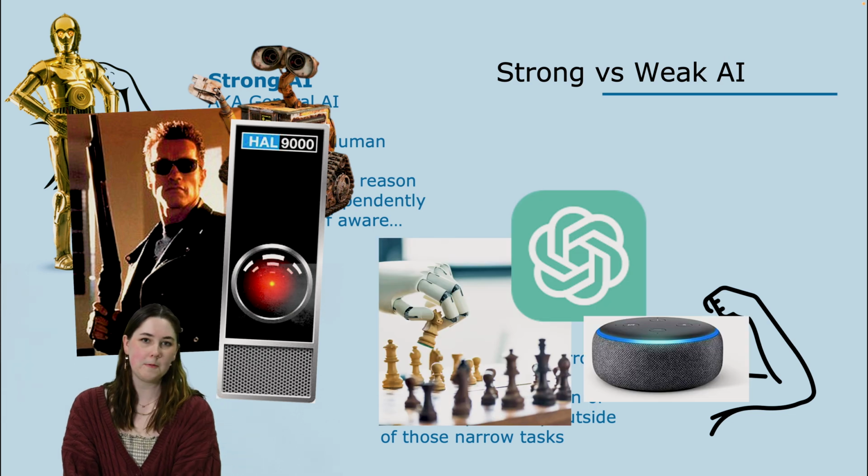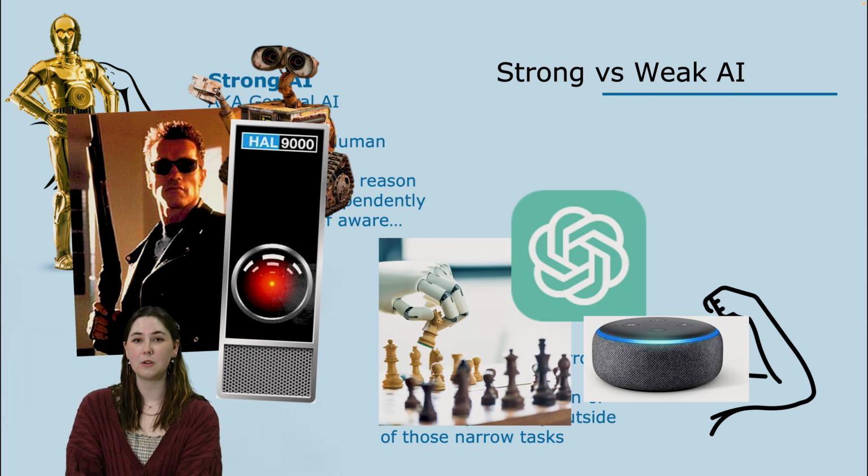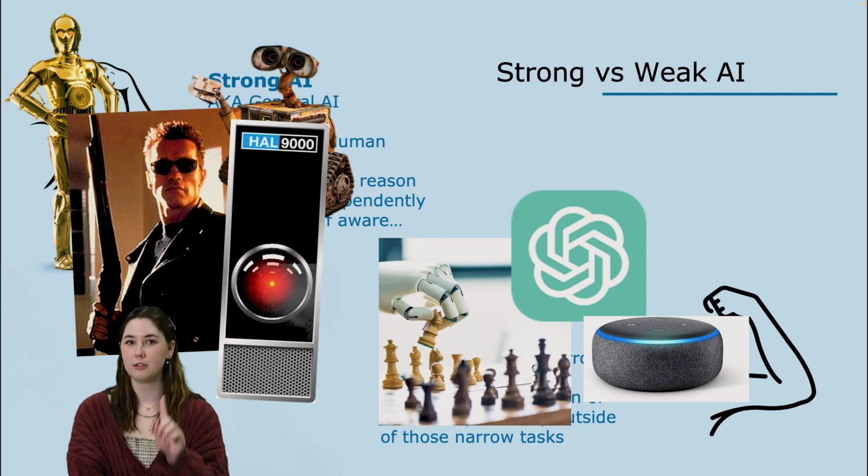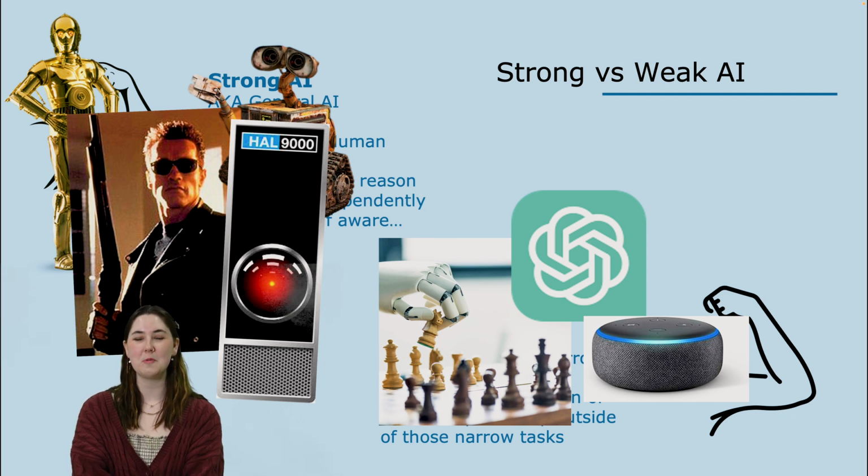Whereas weak AI might be an AI that plays chess. There's a lot of different examples of that and historical examples. There's ChatGPT, which I'm sure you're all familiar with, and something like a Google Home Assistant or an Amazon Alexa. So those are all narrow AI because they just do one thing really well, maybe playing chess or writing out an essay. Don't do that. Or maybe responding to your requests or setting an alarm for you or understanding your voice.